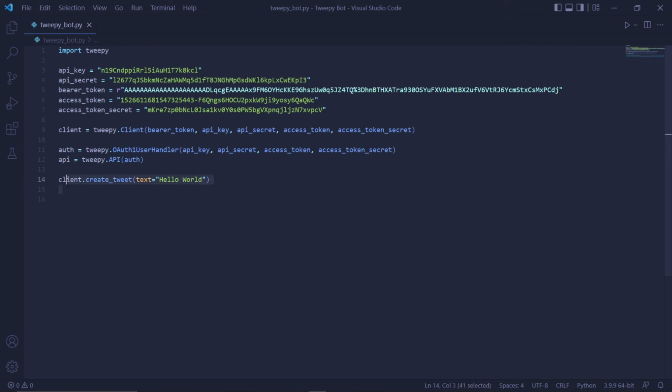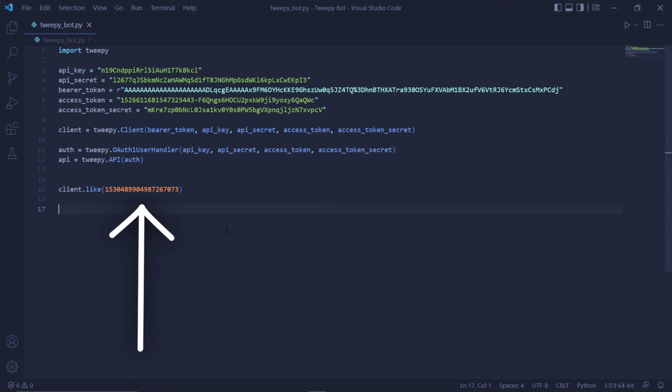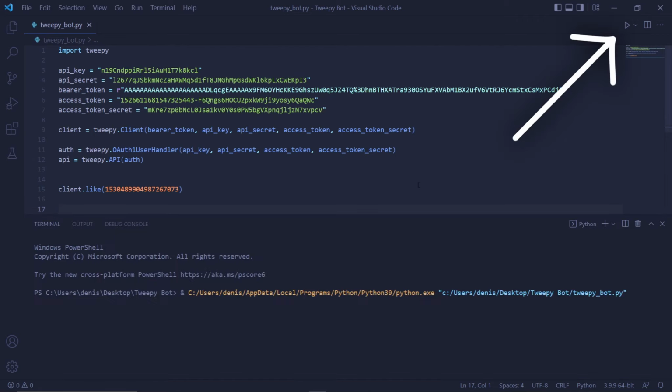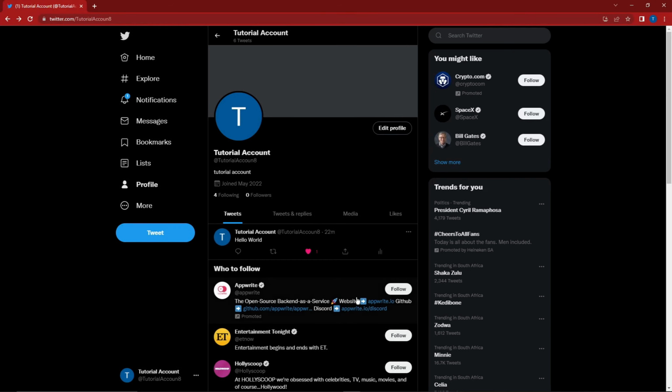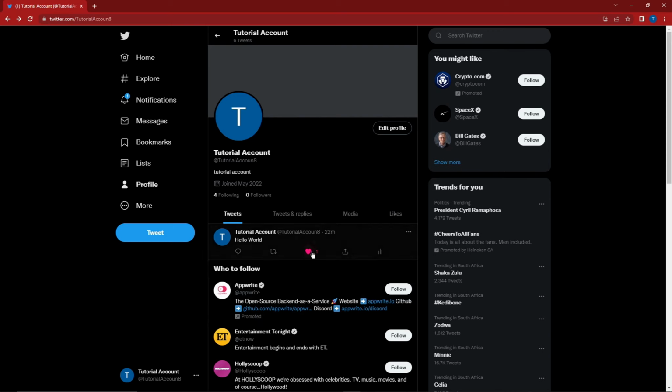Back in our code, we can first of all delete this tweet method. We can then type client.like and then just paste the tweet ID into this method. This method likes the tweet that has this ID, so this will basically like the tweet we just made. Let's run the bot and go to Twitter. When we refresh this page, we can see that the bot has indeed liked the tweet we just made, which